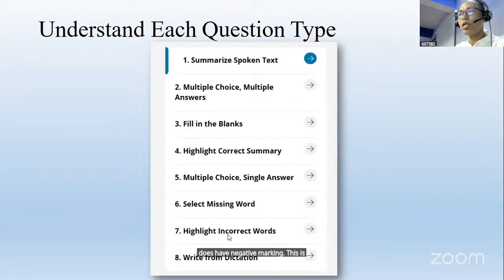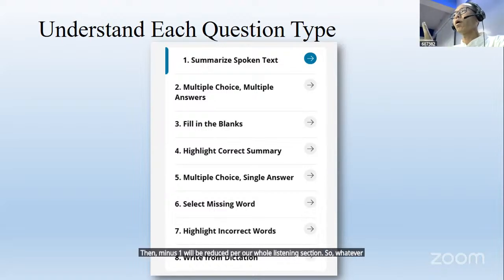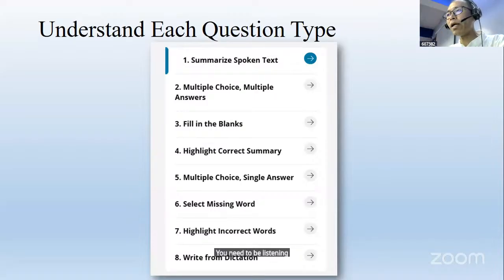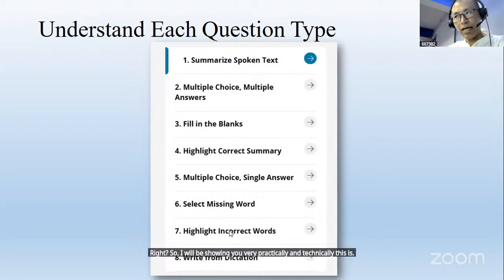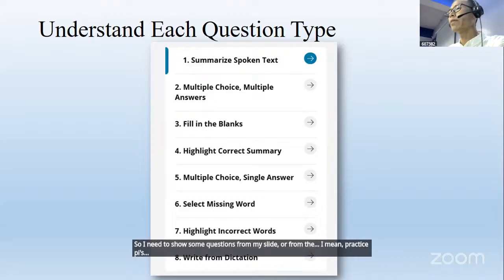This is very easy, but if we choose an incorrect word unknowingly, then 1 mark will be deducted from our whole listening section. So whatever word you choose, you need to be listening very carefully. Then only you have to tick mark which of the words are incorrect, right? So I will be showing you very practically; technically this is not going to be clear today. So I need to show some questions from my slide or from the practice page very independently, then we will